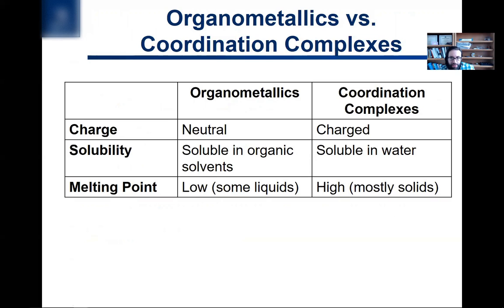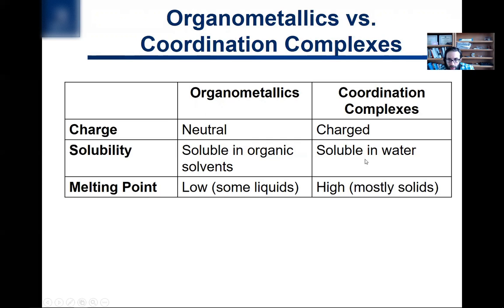Organometallic complexes have, in general, some pretty big differences to classical coordination complexes, okay? And so the way to think about this is that coordination complexes have a great deal of ionic bonding. They're predominantly described by ionic bonding, so they have charge, right? Whereas organometallics generally are more neutral complexes, lower oxidation states, generally speaking, okay? And so as a result, organometallic compounds tend to be very soluble in organic solvents, right? Because they're more neutral. They have more organic, greasy groups on there, more hydrophobic groups. Coordination complexes, since they're ionic, tend to be soluble in water and not so much in organics.